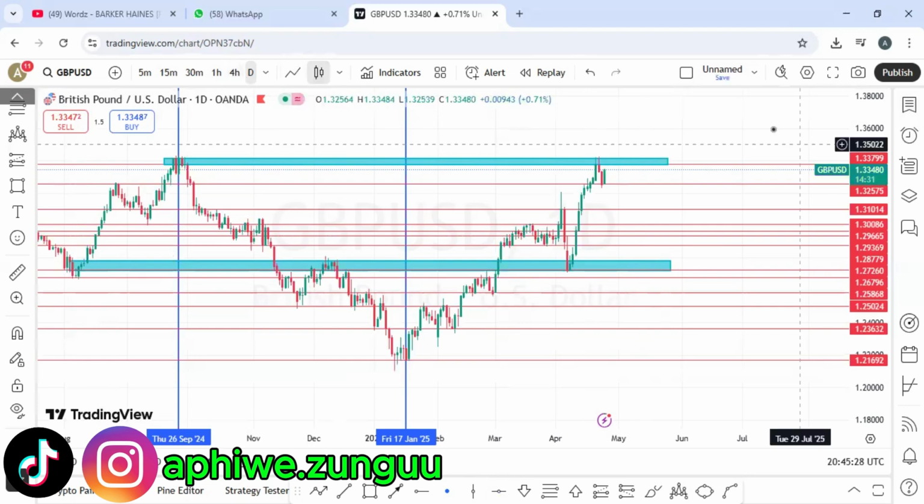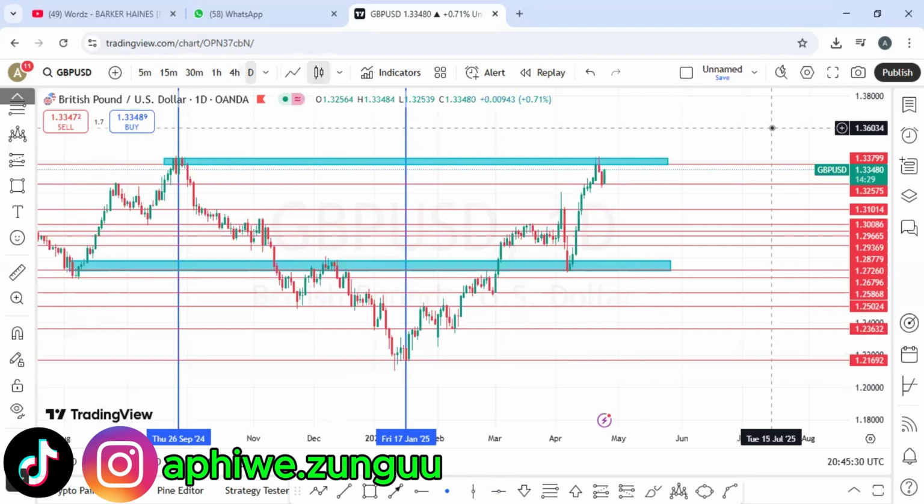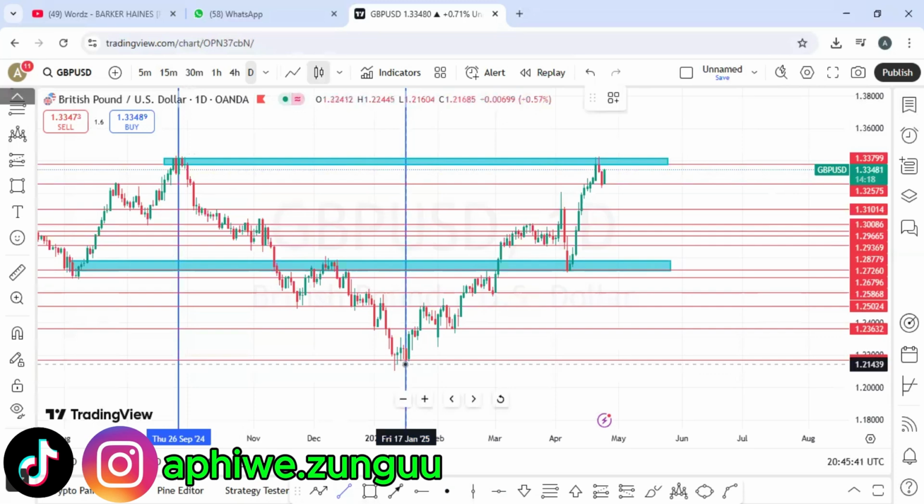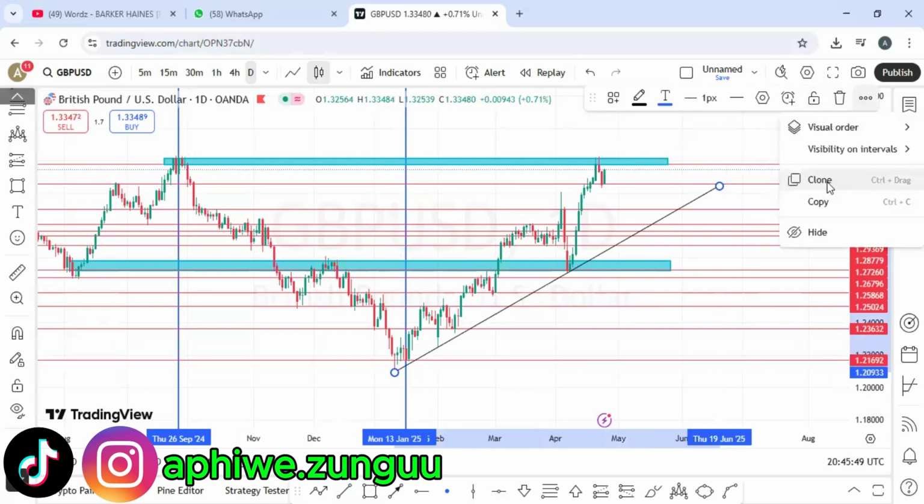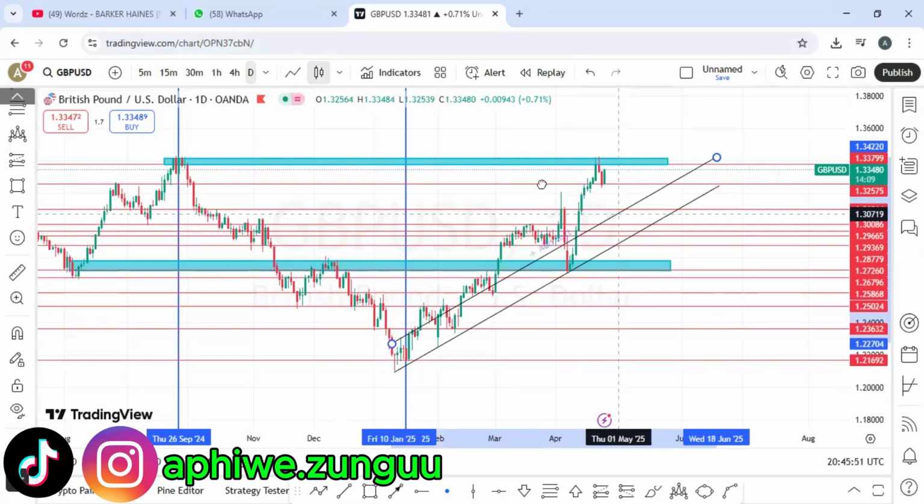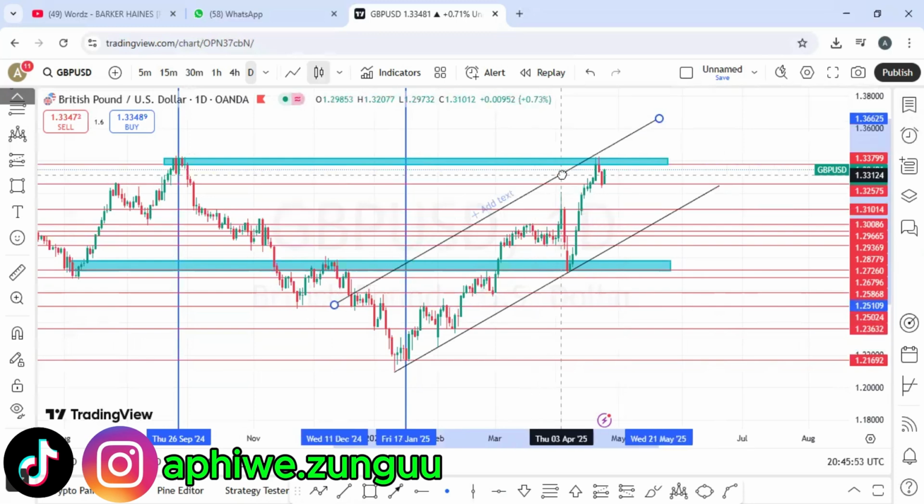So changing to candlesticks, we can still see that the market is still pumping towards the upside. It's still moving towards the upside. So you can also establish that we have some sort of a bullish trend towards the upside. As you can see right there, you can clone this. We have our bullish trend